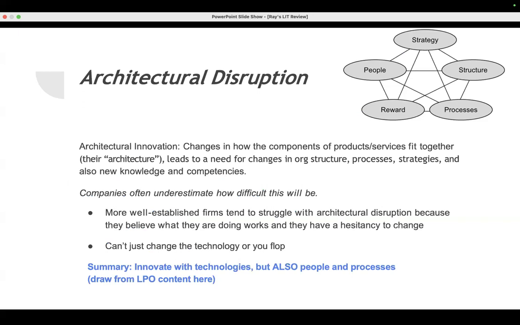A few more slides, almost done. Architectural disruption, you have to think back to LPO for this one. It's that you cannot simply implement a new technology without making sure that people, processes, and the rest of your business configuration actually match it. And the reason is that the actual configuration for business dictates the vast majority of the costs, how you're actually able to innovate based on development speed. And